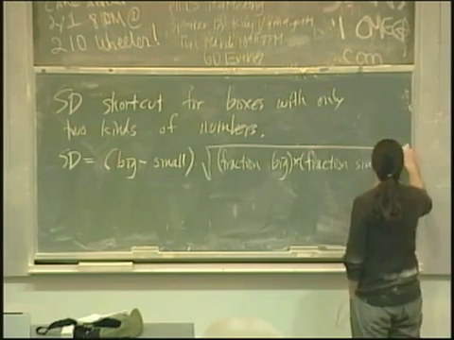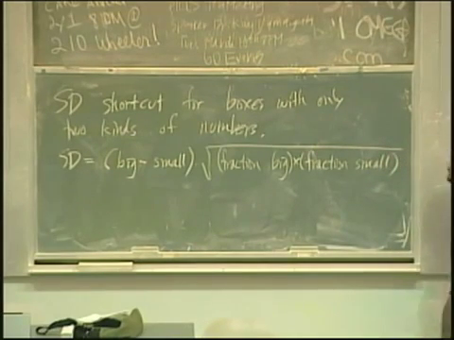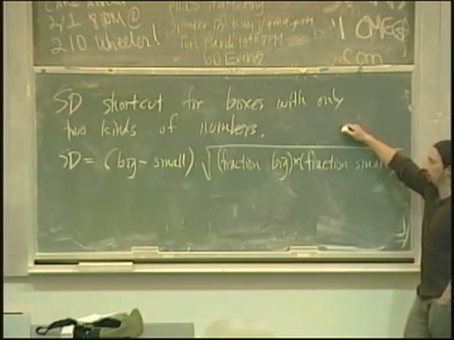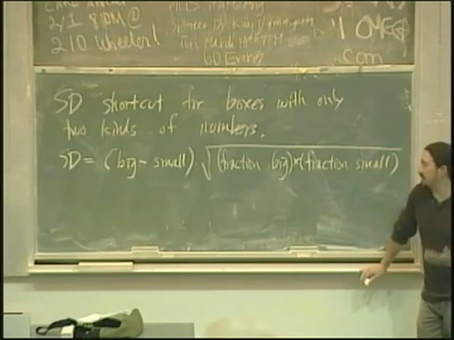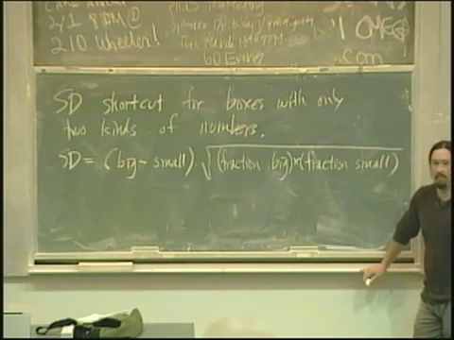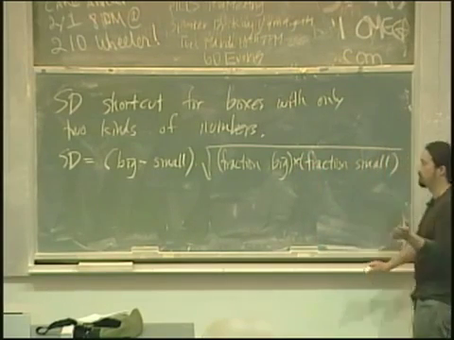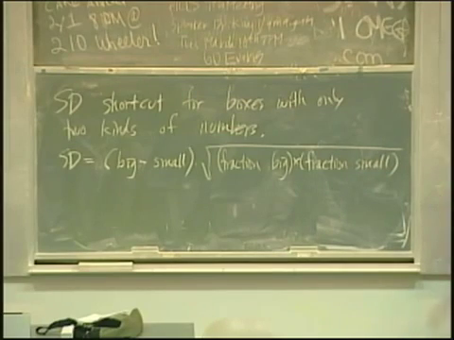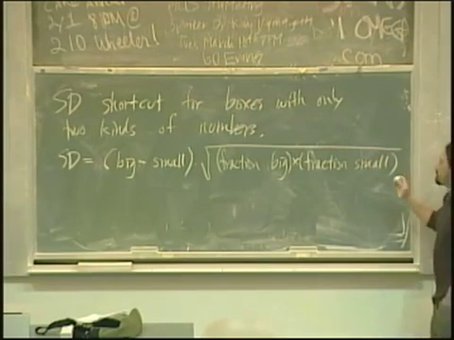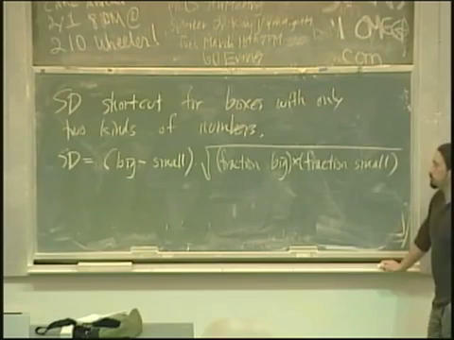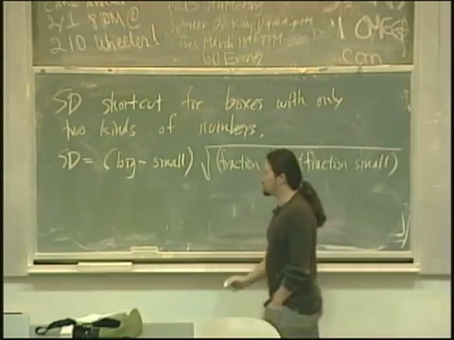So part of the reason I'm saying it's not really that exciting is that it only works in this situation with only 2 kinds of numbers. In that situation, calculating the standard deviation is actually not that bad anyway. So this shortcut doesn't help you if you have some messy, complicated box. But it is faster. So, there it is. A real quick example of this.